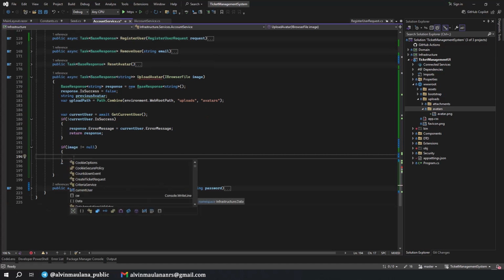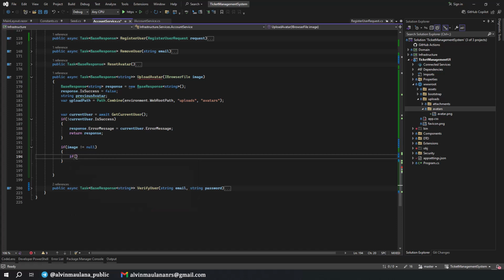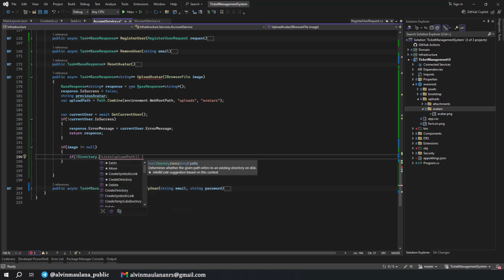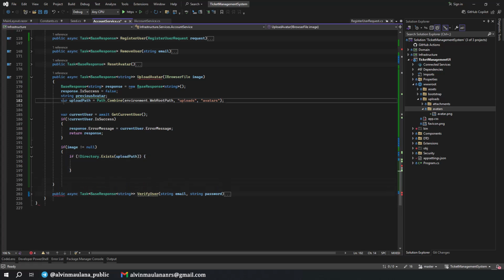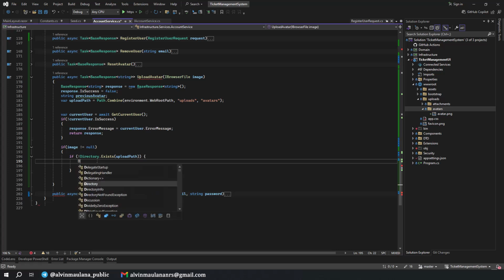First, let me make sure the directory exists. If directory exists, upload path. If this directory does not exist, currently it actually exists, but maybe there is some problem that causes this directory to not exist when we deploy. So we just create directory. Okay, like this.